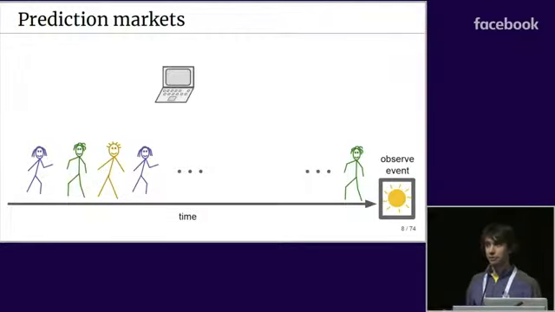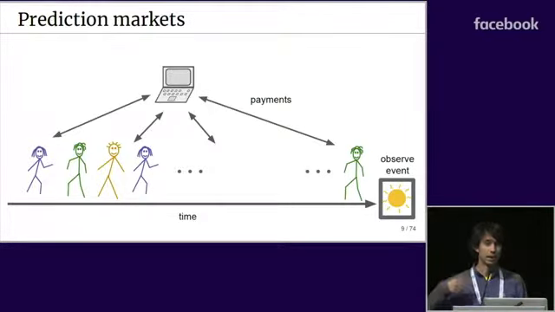After everyone arrives, the final event will be observed, and then based on that event, the algorithm has to pay off the participants based on what they purchased, what their gambles were. In particular, it's known in classical prediction markets how to do this with any bound you want on how much money the algorithm is going to spend. You can say beforehand, I want to spend up to so many dollars, and you can guarantee that no matter what the participants do, and no matter what the event is, you'll spend no more than that.